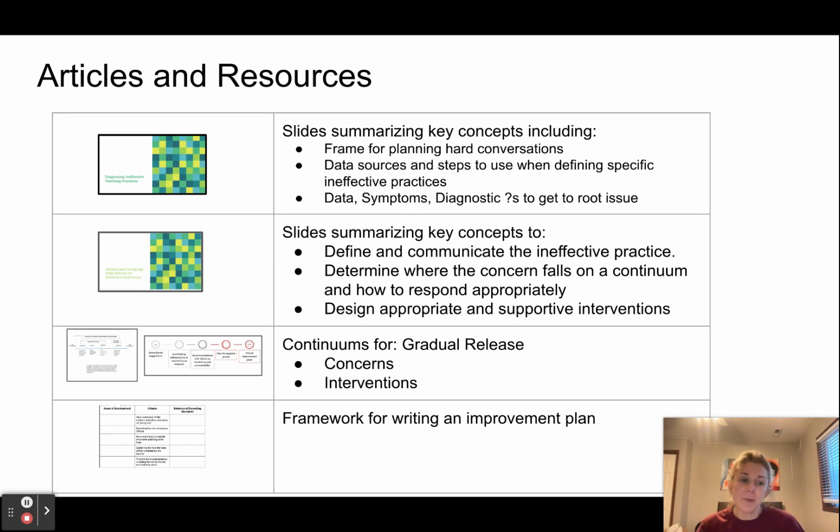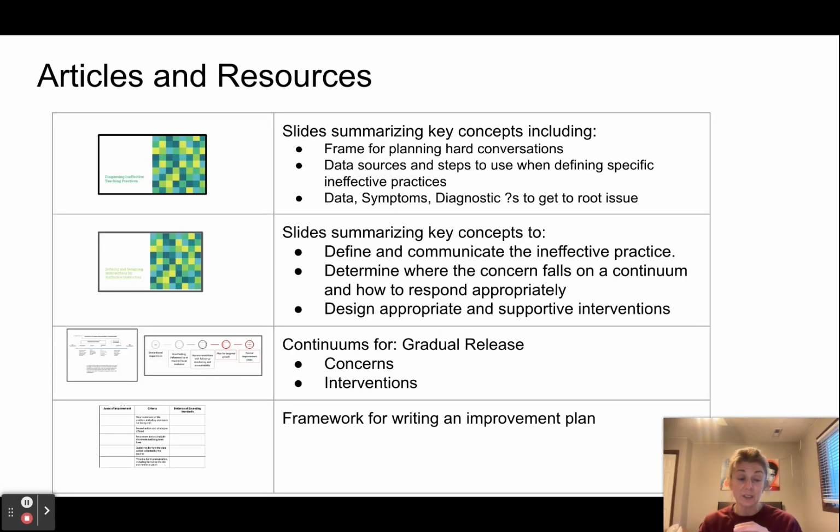So then the second part, once you diagnose, is very clearly defining and communicating the ineffective practice and using data, right, to support that diagnosis. And then determining where that concern falls on a continuum of concerns, and then designing appropriate and supportive interventions. Two subcomponents or resources that are available to support this determination of where the concern falls is this